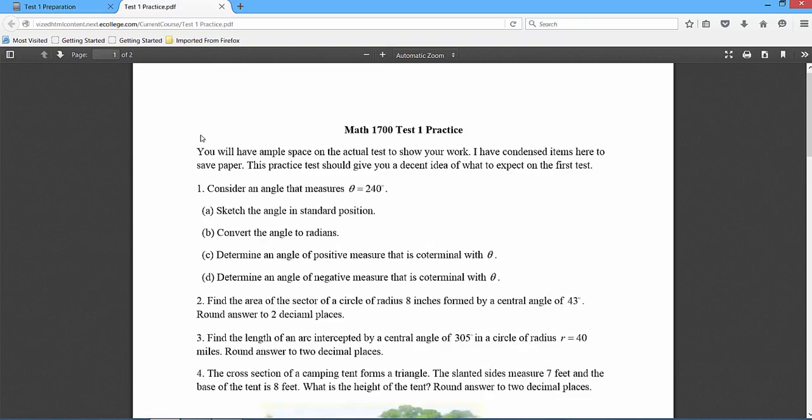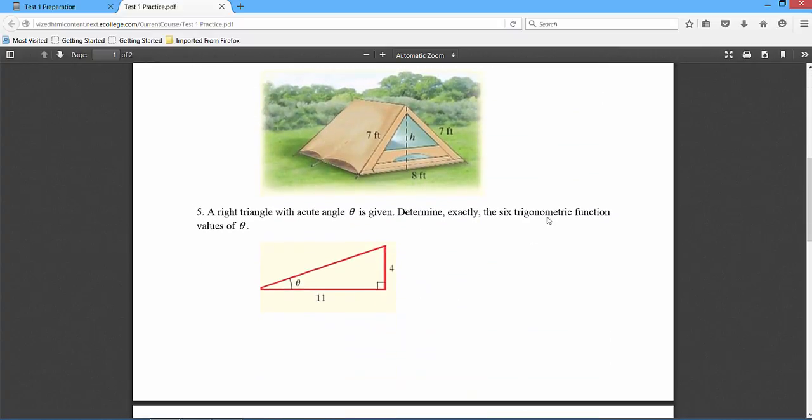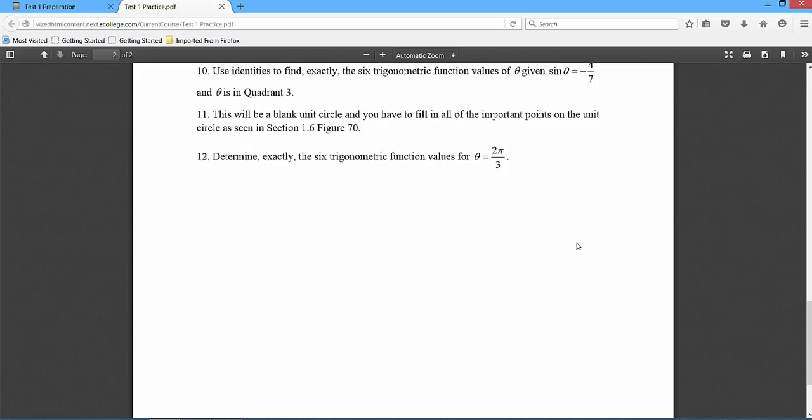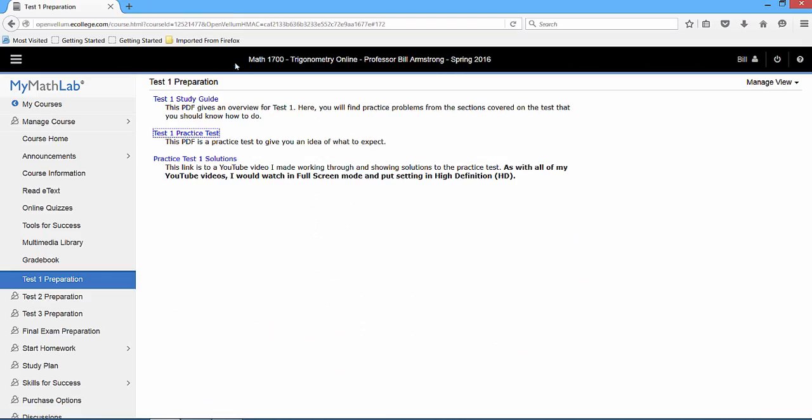In my preparation tab, here's a practice test. So take the practice test. It gives you a good idea of what the test is going to be like. So do all the problems in the study guide, then take the practice test. How do you know if you did the practice test correctly? How do you know if you are correct? Well, here's